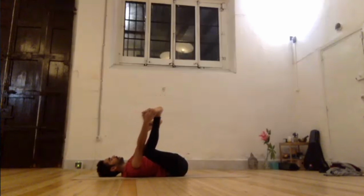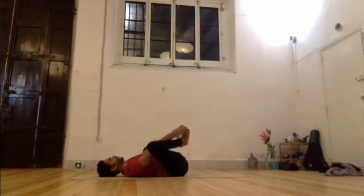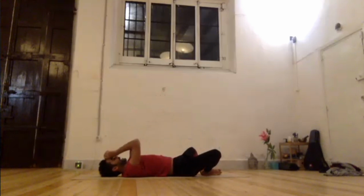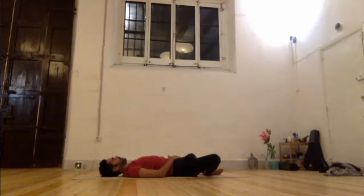And slowly, when you're done, make sure you do both sides. So you do something that's one side. You can lie down for any relaxation pose. Shavasana. If you want to keep working with the hips, you can have the knees out and just breathe into